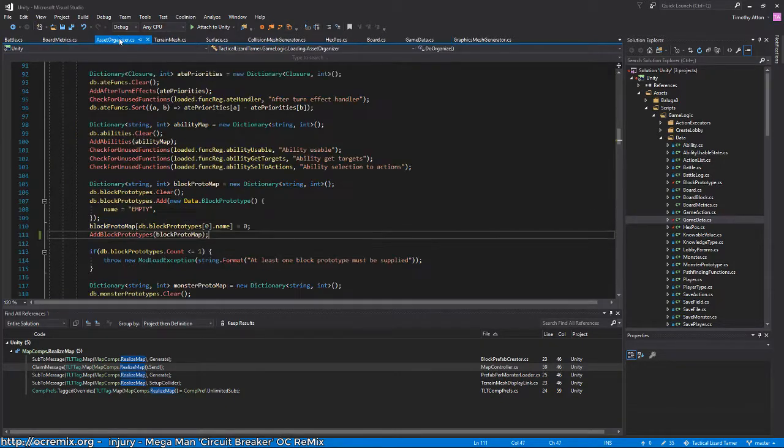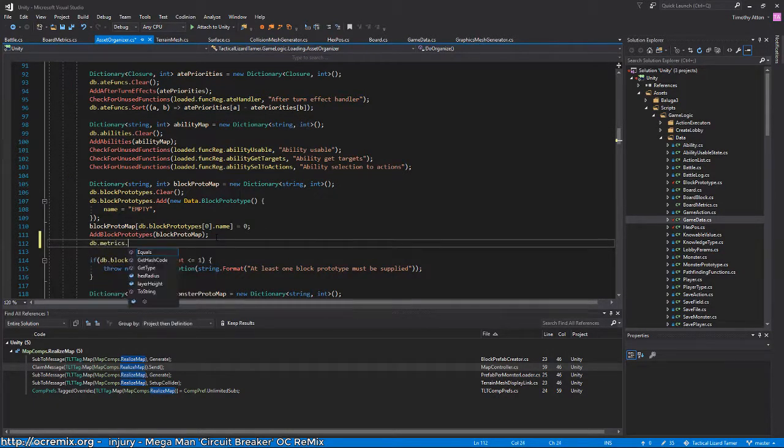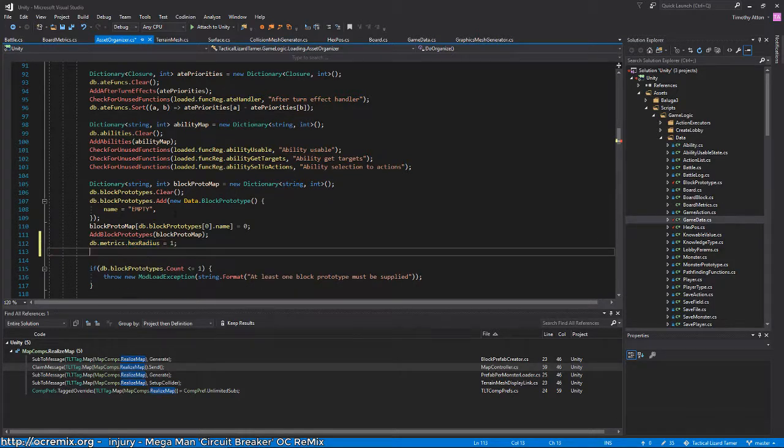Okay, so now in the asset organizer, now I can set the metrics here. I should probably just go ahead and load this directly from the mods instead of just putting in a band-aid fix, but